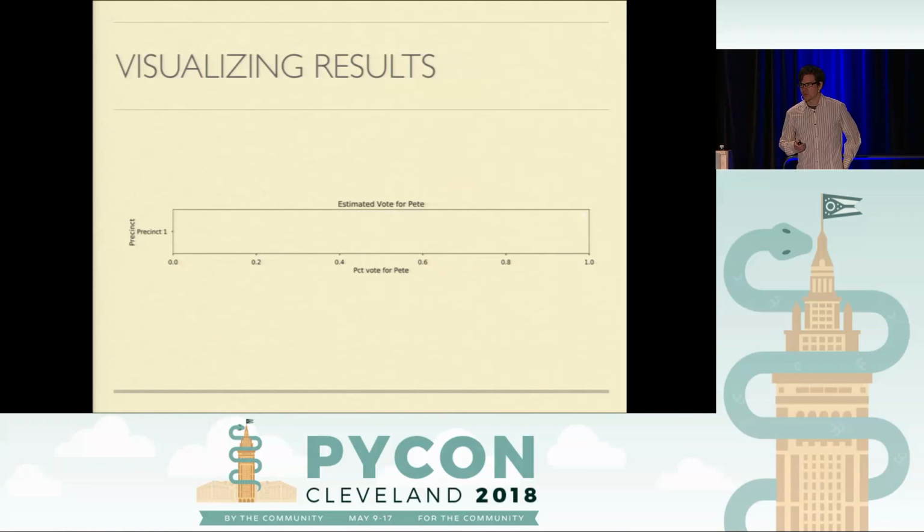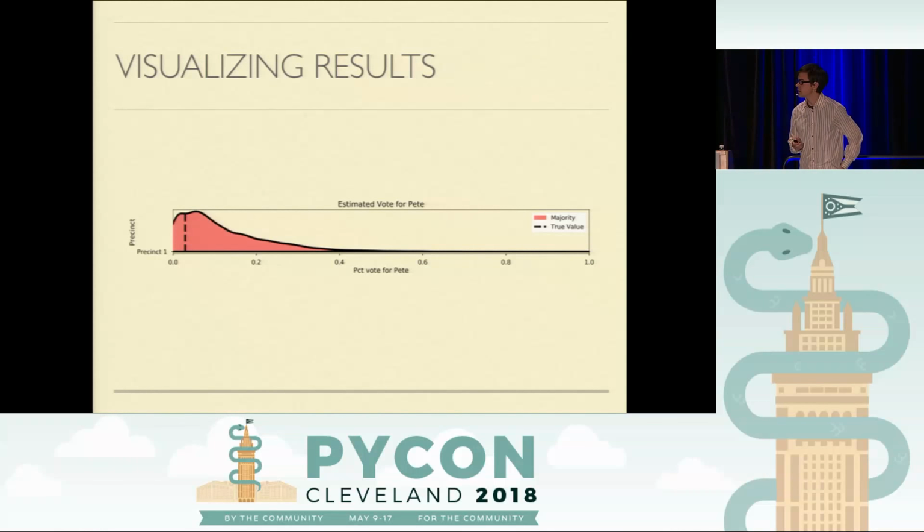Great, so what's the output of a PyMC3 analysis? If you're familiar with scikit-learn, if you're familiar with deep learning libraries, you'll often input points, and you'll get out points as your estimates. In PyMC3, in probabilistic programming, you're using probability distributions as your input, and you're getting probability distributions as your output. And so what we're actually going to see here is a distribution of predictions.